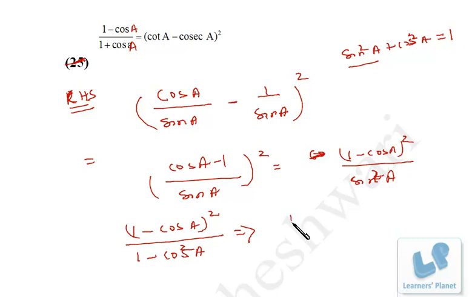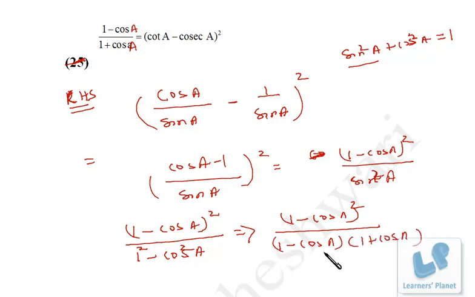Now it can be written as (1 minus cos A) whole square. Now this is what? 1 minus cos square A. So I can write 1 or 1 square, both as well, right? So it's A square minus B square format. So what I can do is it's (A minus B) and (A plus B). Now this is 1 minus cos A and this is (1 minus cos A) whole square. So this will be cancelled from this square, right? So I'm left with (1 minus cos A) upon (1 plus cos A). That's the left hand side.